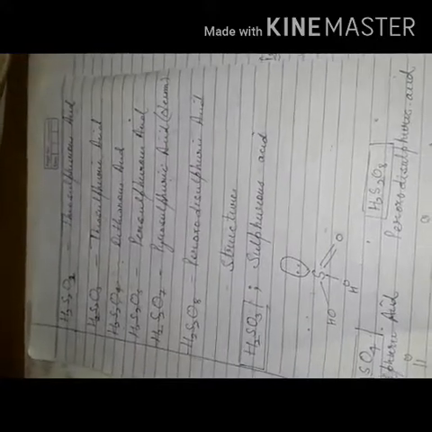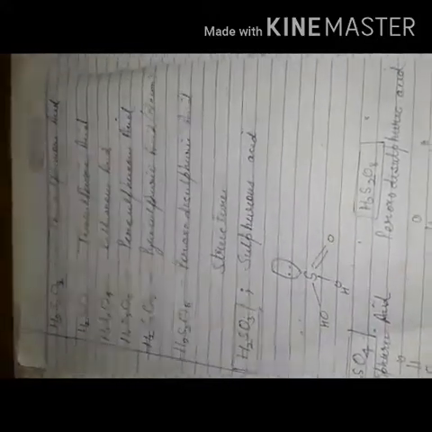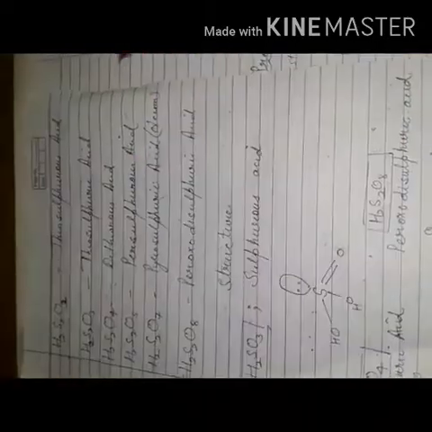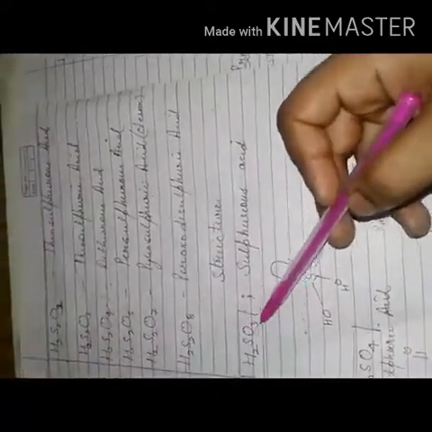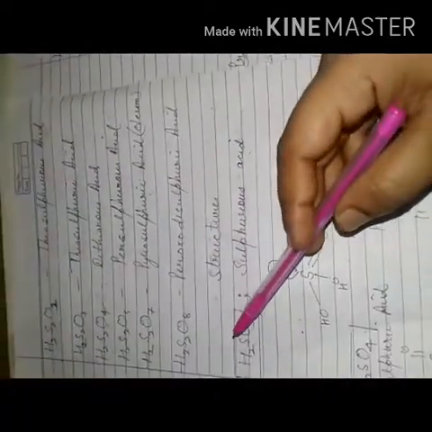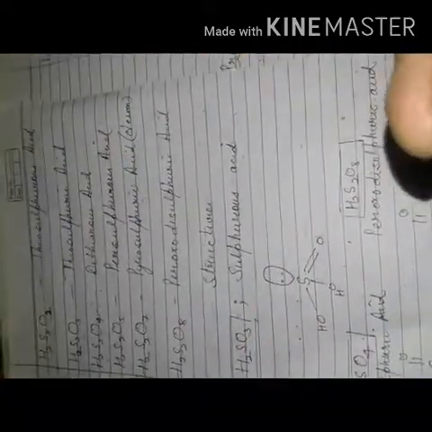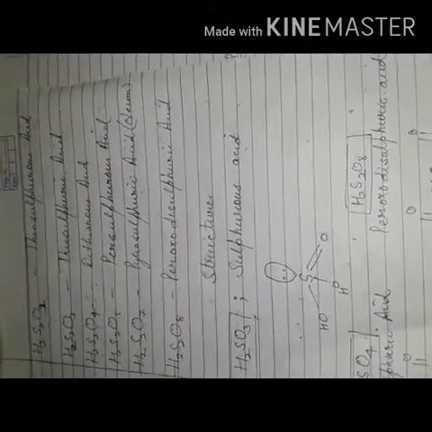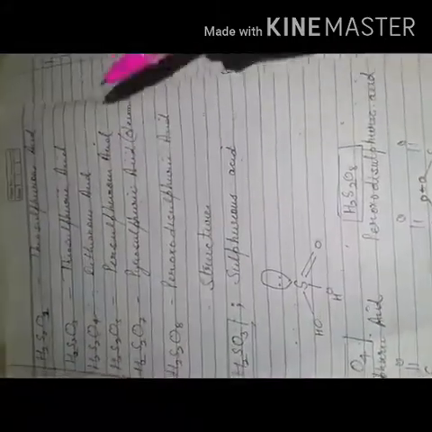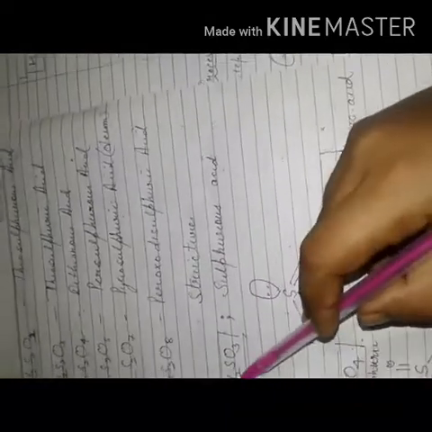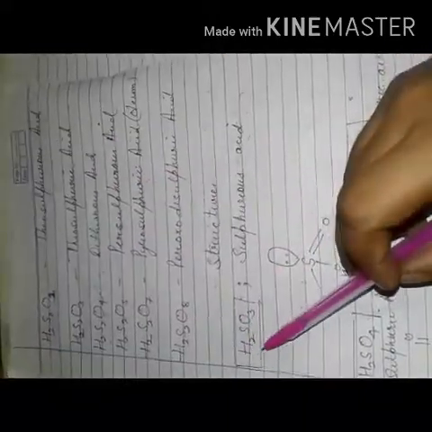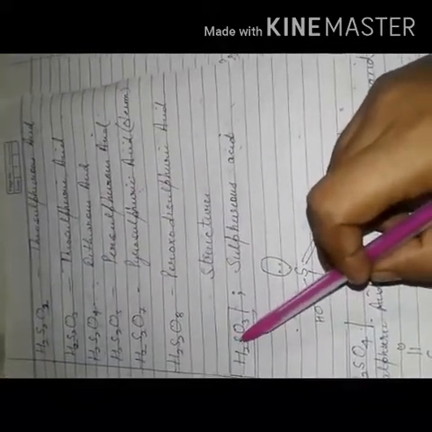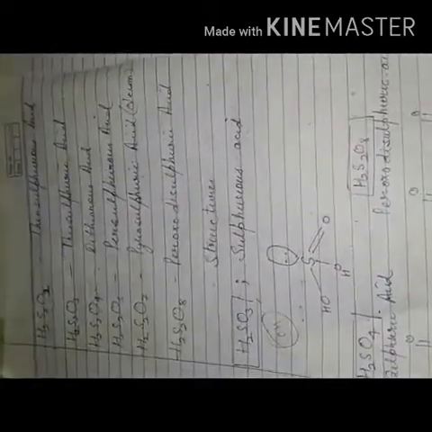The point we have to study in oxoacids of sulfur is the structure. So here we will draw the structure of a few oxoacids one by one. I am starting with H2SO3, named sulfurous acid. We know very well that the central atom sulfur contains 6 electrons in its outermost shell, so we have to utilize its 6 electrons. You have to learn the key point in drawing the structure: hydrogen will not be bonded directly to sulfur. Hydrogen will be bonded in the form of an OH bond.